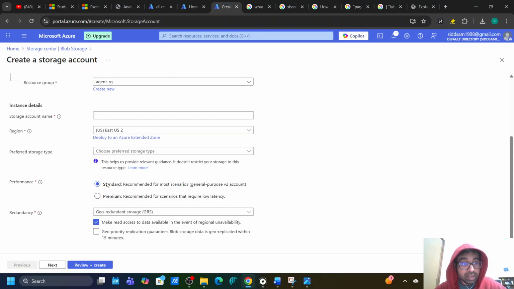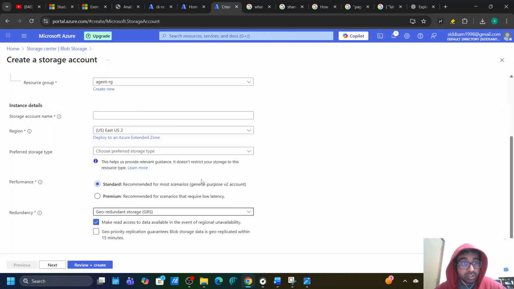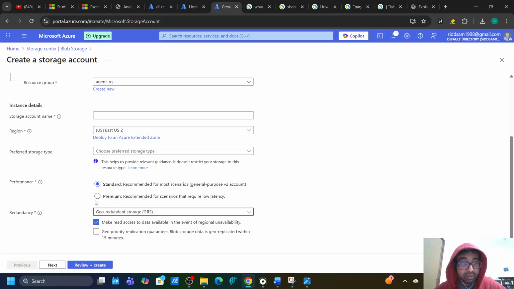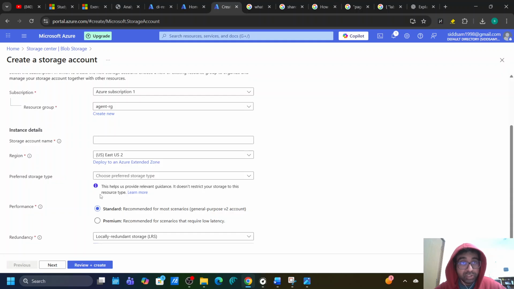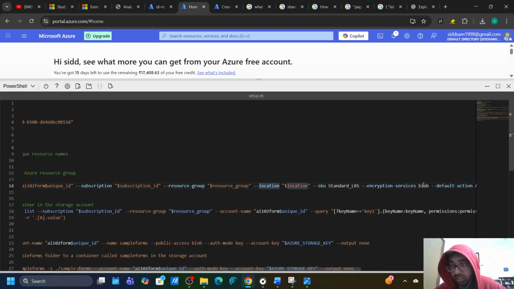So here we can have standard or premium, but we will choose standard because we have a lot of options here. Because we can have files, blobs, queues, everything. So all of these we can have. So that's why we will choose standard. We do not have a premium use case. So we choose standard, then encryption service, blob,